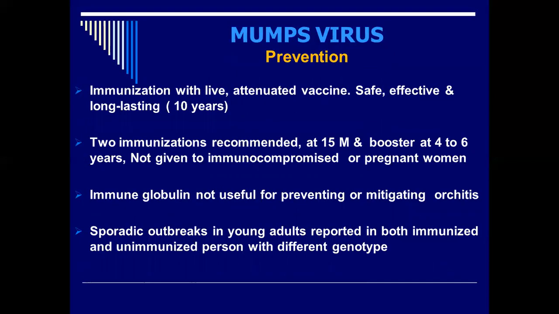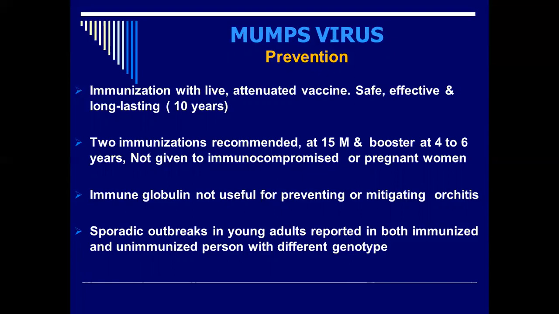Prevention is again with immunization. We have the live attenuated vaccine. This vaccine is safe, effective, long-lasting, and one shot of the vaccine provides protection for about 10 years. Two immunizations are recommended, one at 15 months and the booster at 4 to 6 years of age. Because it's a live attenuated vaccine, as a rule,